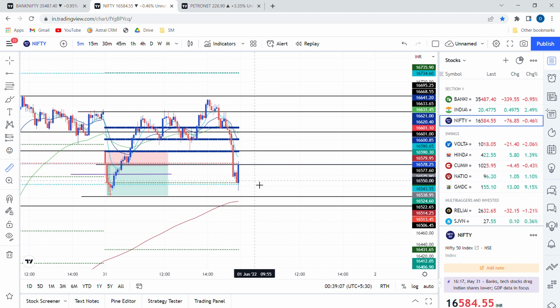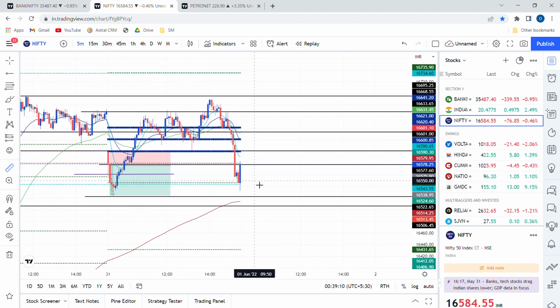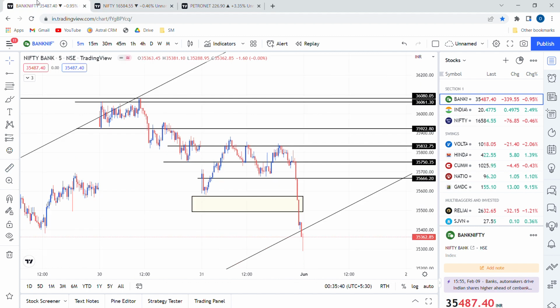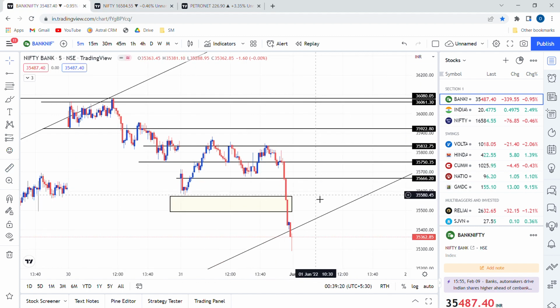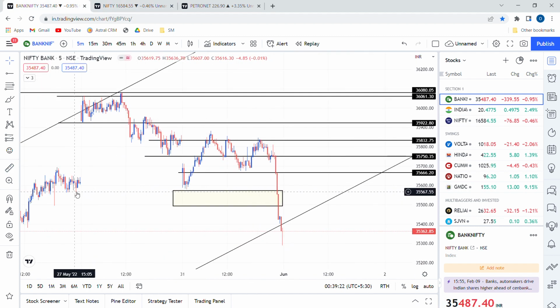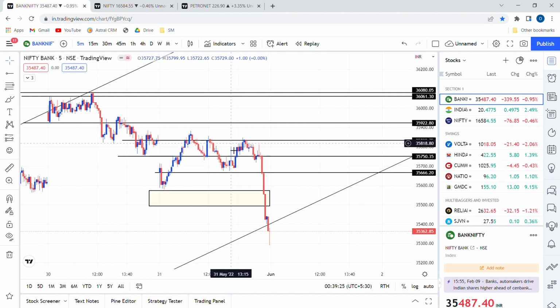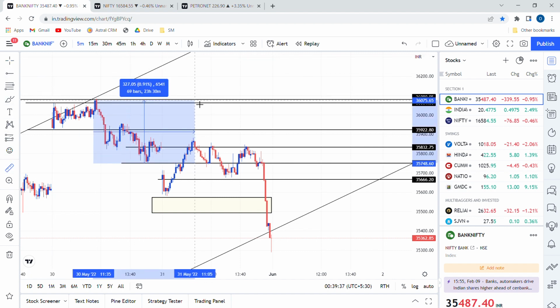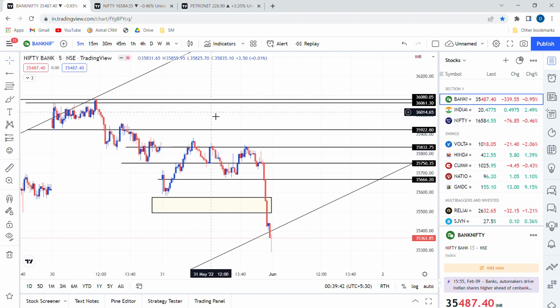So basically these are the key levels that we'll be looking at today, and how the market would react tomorrow. If we check Bank Nifty, the market also reacted to these levels in a very good manner. So basically this was yesterday's low, this was yesterday's close, this was yesterday's initial balance low, initial balance high, and as we can see, the initial balance low was the midpoint of the previous day.